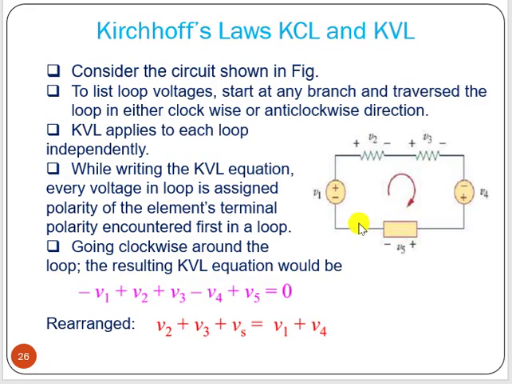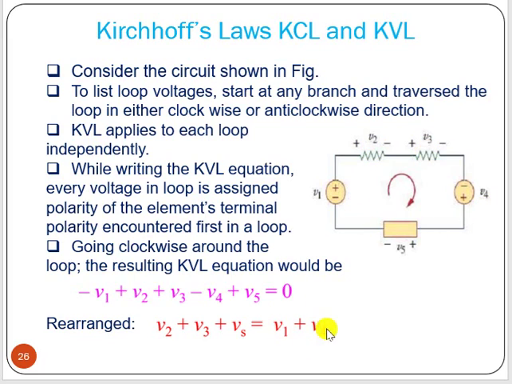Now we can do it in the opposite manner also. Here in this way, minus to plus, so voltage is rising, so plus. Okay, so we can write V1. Then plus to minus, so voltage drop, V1 minus V2, again plus to minus, voltage drop, minus V3, then minus to plus, so again plus, so V1 minus V2 minus V3 plus V4, again plus to minus, so drop. That means we can write V1 plus V4 minus V2 minus V3 minus V5 equal to 0.